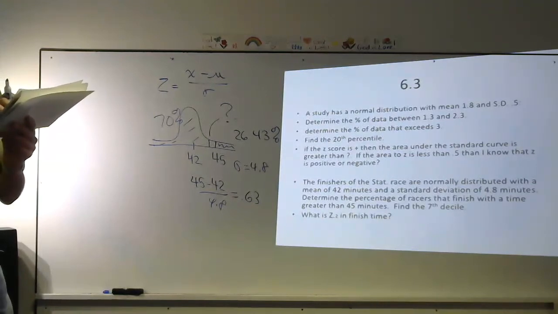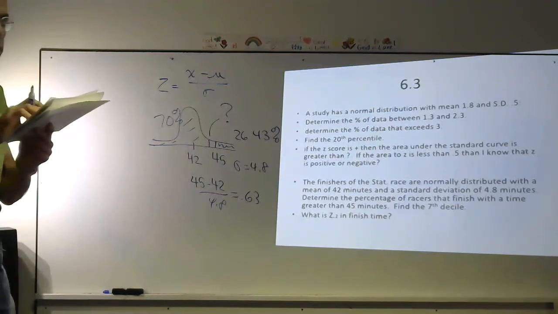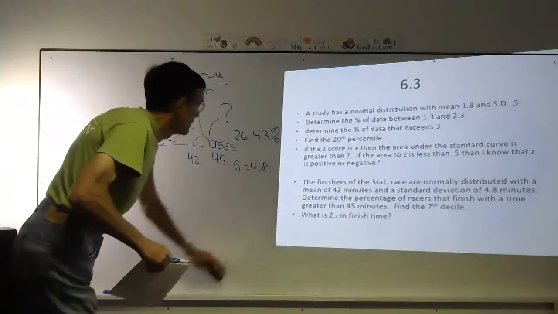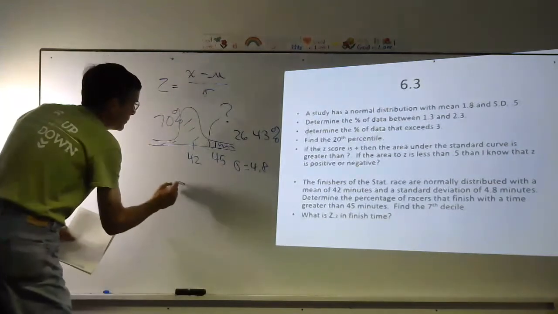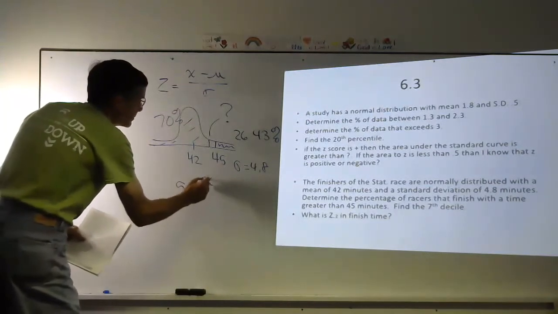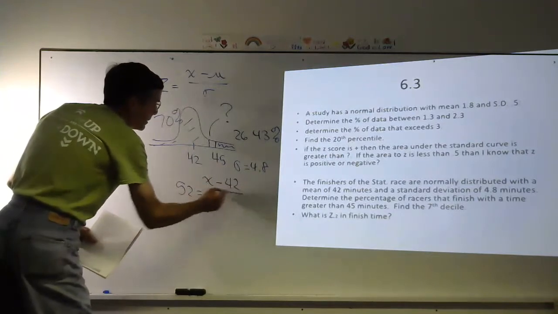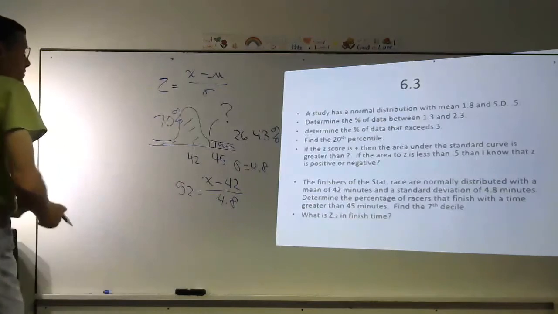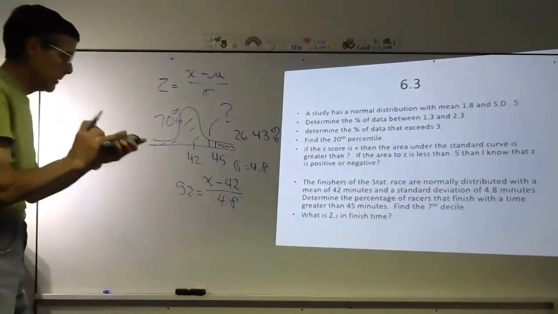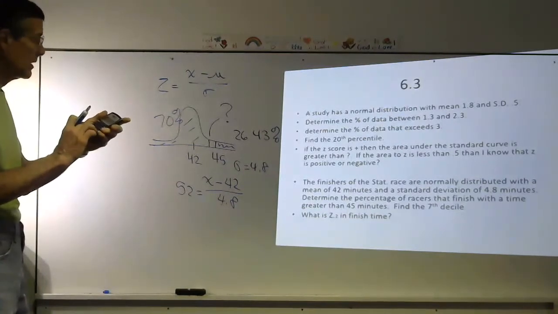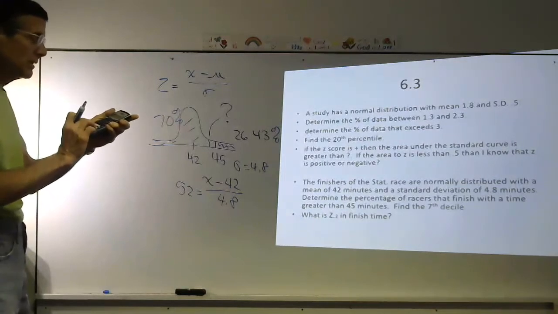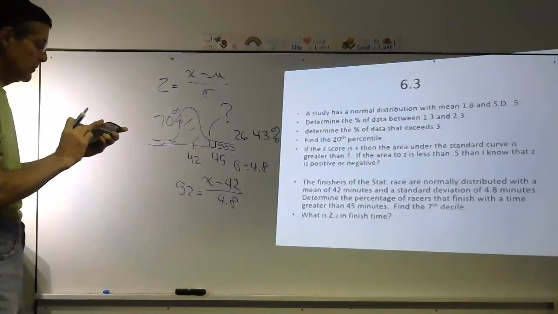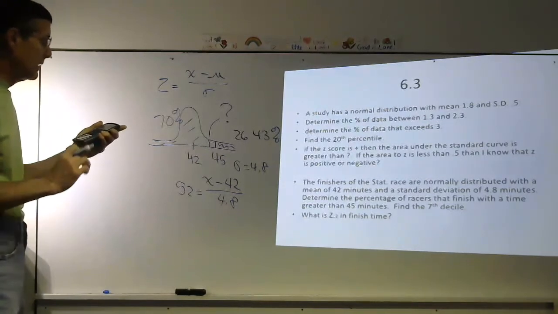So I would want a z-value of 0.52. So I know that 0.52, the z-value, has to be equal to x minus mu all over 4.8. And there we are with another equation to solve. Cross multiply, 0.52 times 4.8 equals, and add 42, and I get